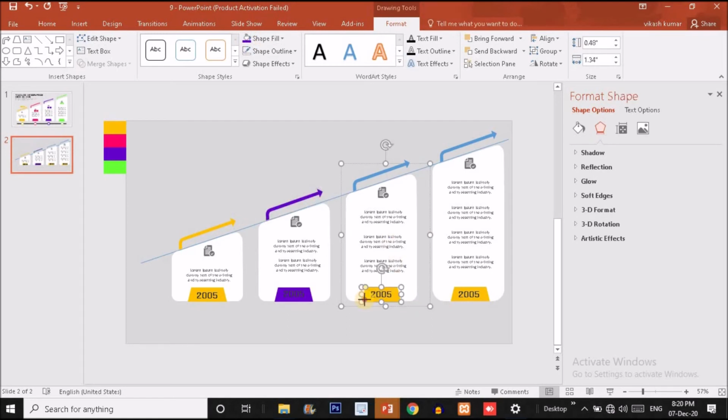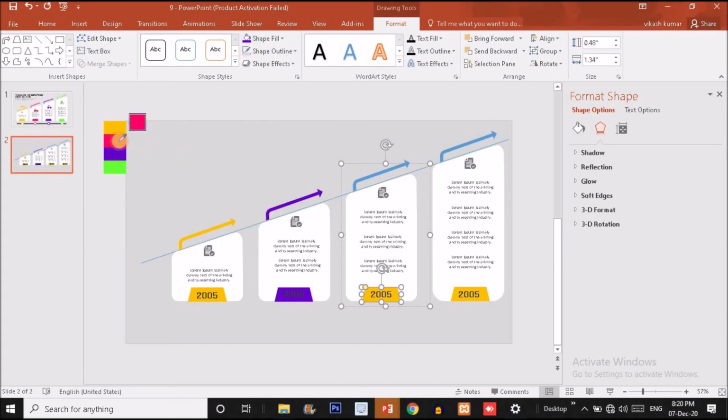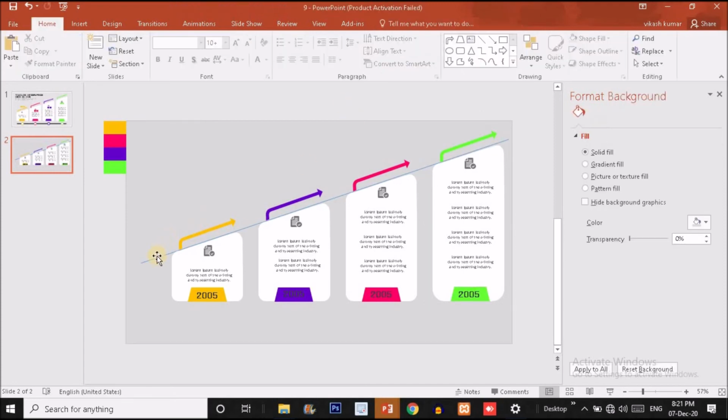Now again for this shape I'm going to use this shape fill, and for this shape arrow I'm going to again use this pink color. Now for this choose green color, and green color also for the arrow.